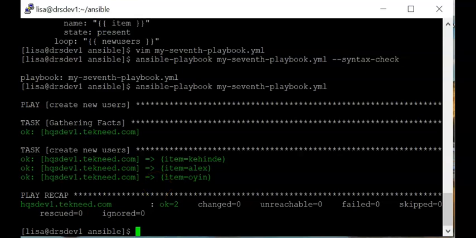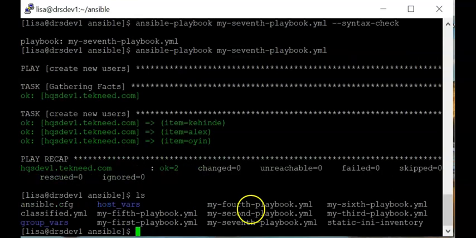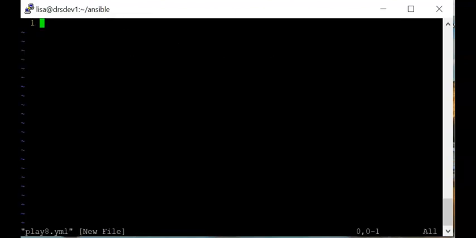So let's look at how to iterate over a list of hashes or dictionaries. For example, let's create a playbook. Let me call the playbook play 8.yml. Here I'm going to give the play a name, and I'm going to say add users to group,